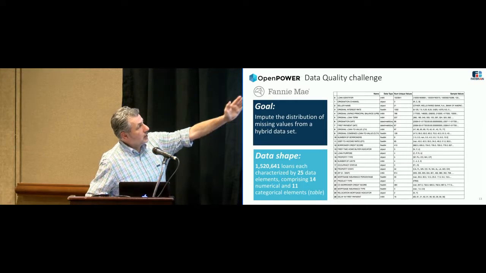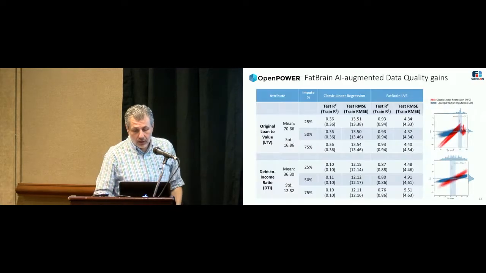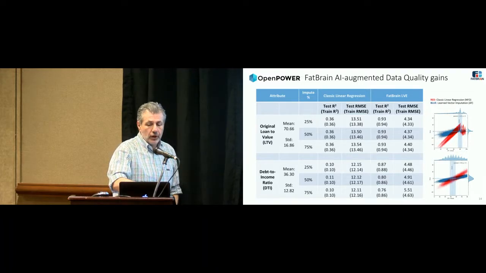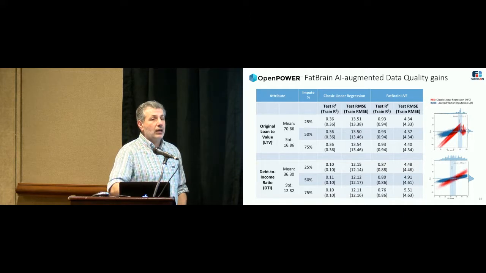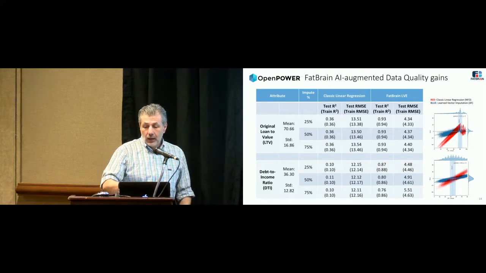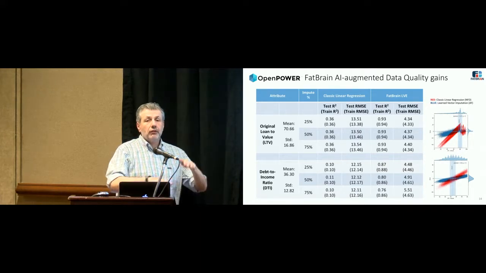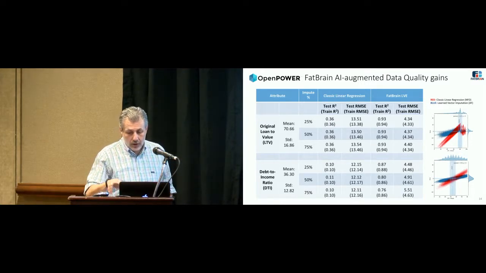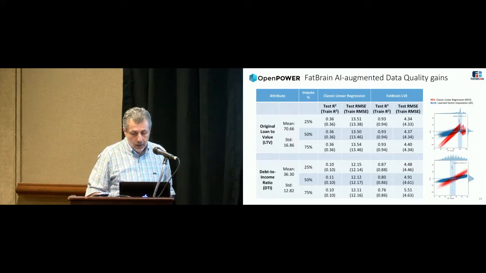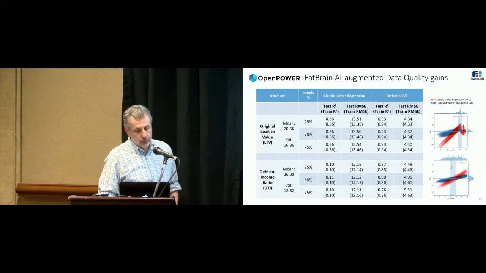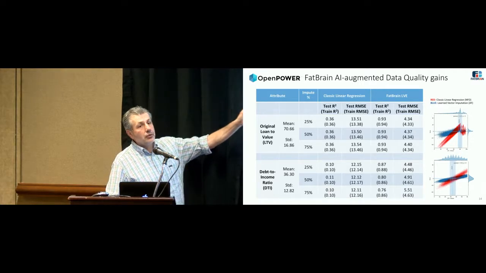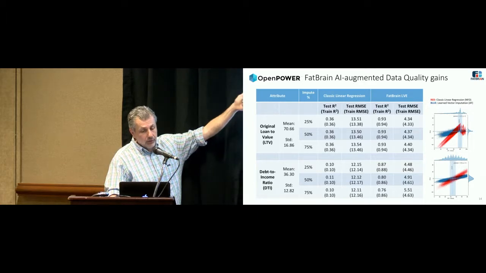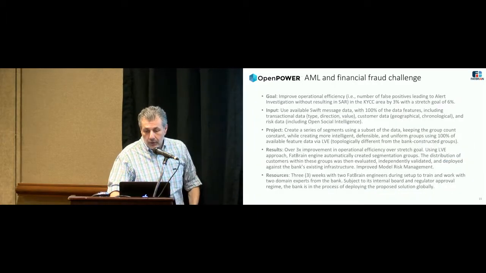But you see, this is just the shape of data on the left-hand side, and one of the things we're able to do is produce much better results even when we eliminate 25, 50, or 75% of the data and we impute that back in. And our curves, which are in blue, if you notice, are coming much closer in line with the horizontal line than the red stuff that's being derived manually using standard means. So we're able to perform much better calculating and imputing the core values. Believe it or not, these are missing from a lot of data for loans. It's loan-to-value ratio and debt-to-income ratio.